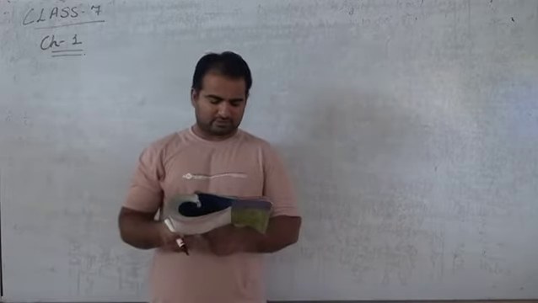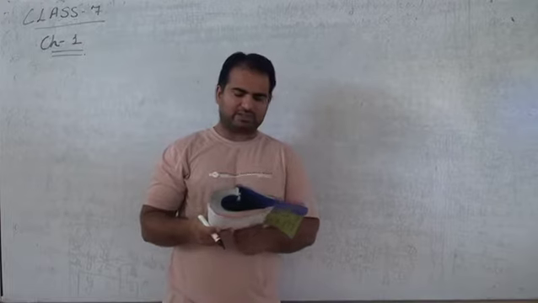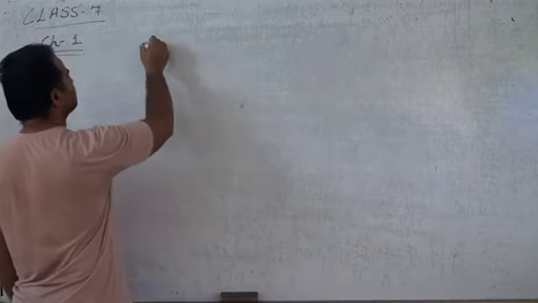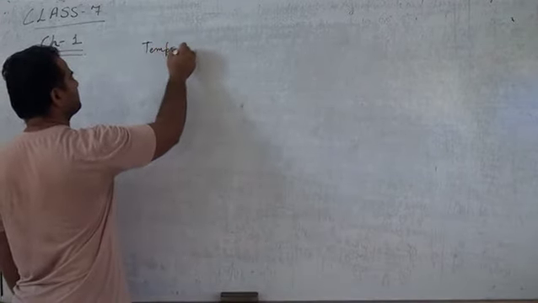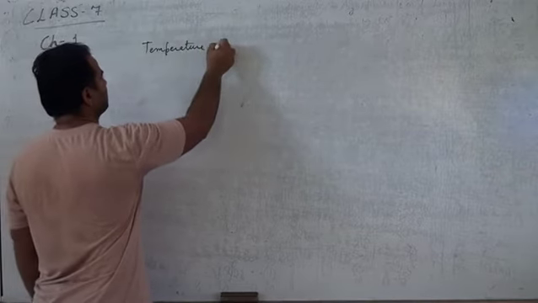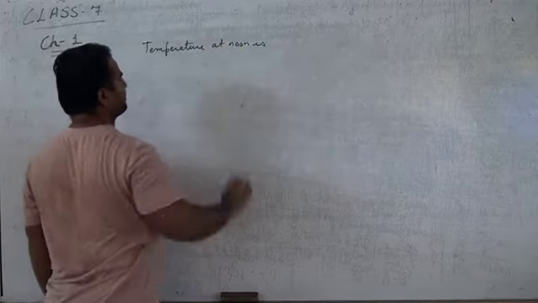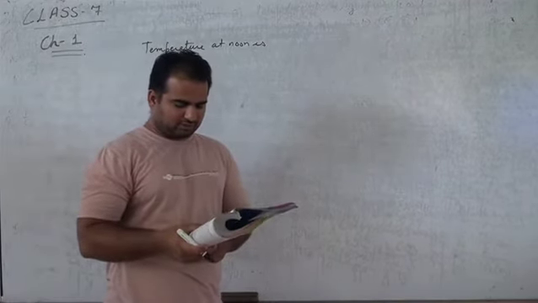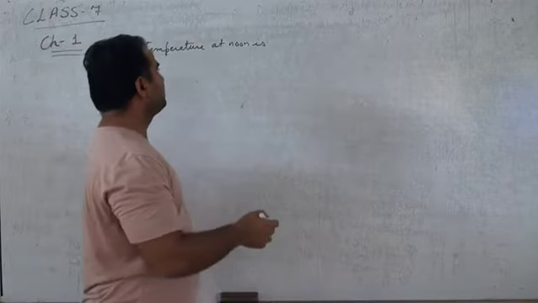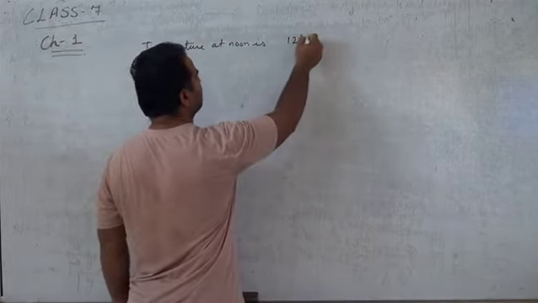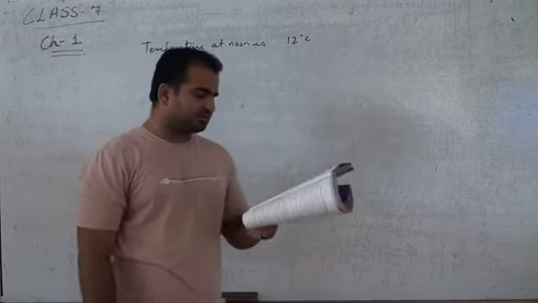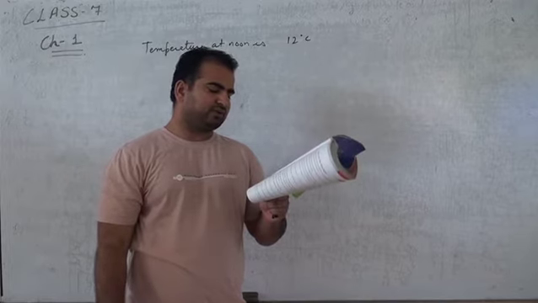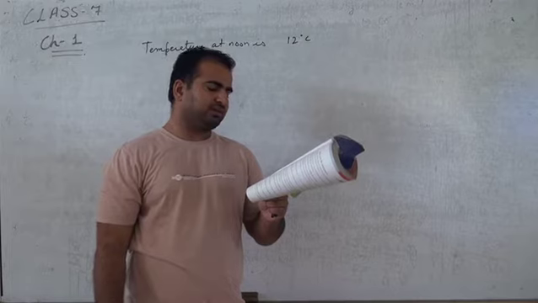Question number 5 is, the temperature at 12 noon was 12 degrees centigrade above 0. Okay, temperature at noon is 12, above 0, so it means that it is plus 12 degrees. Next, if it decreases at the rate of 2 degrees centigrade per hour until midnight.